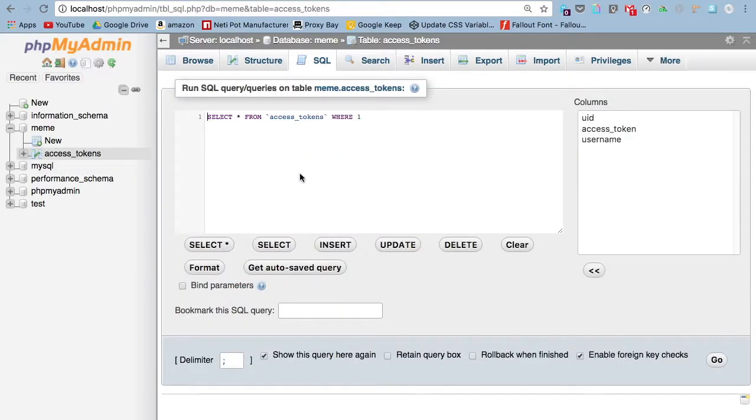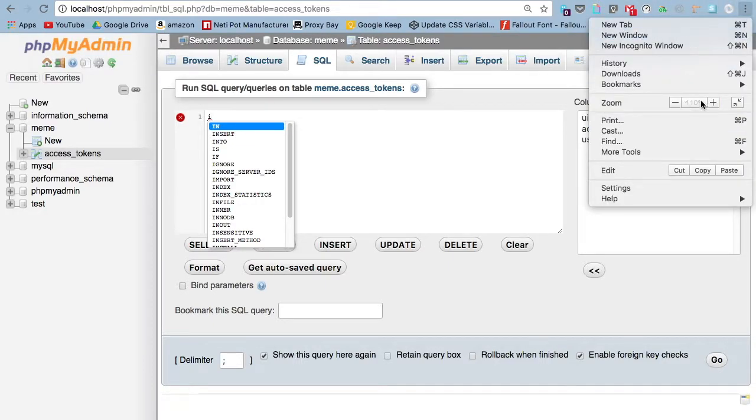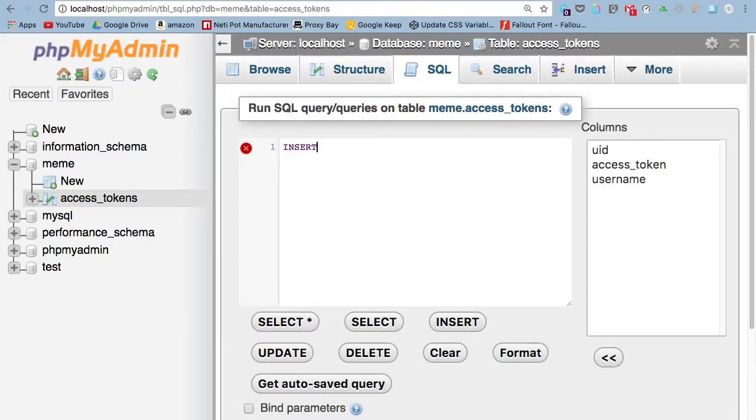So if we go back to the SQL, just delete that. So we can actually artificially recreate a user being added to the database with this access token. So the way we do that is we type in insert. Let me just zoom in again. Insert into